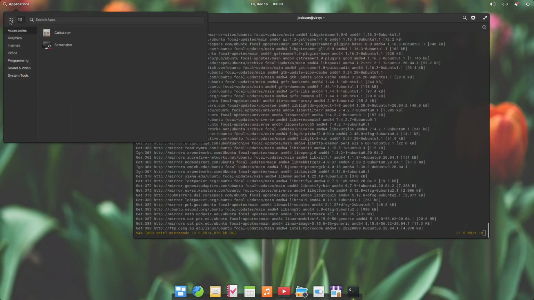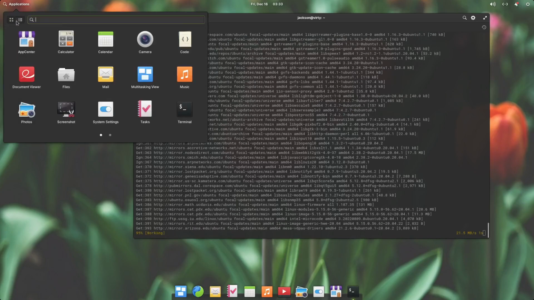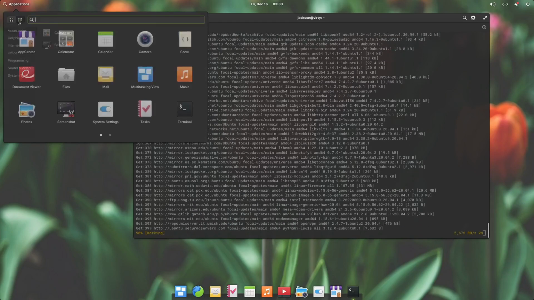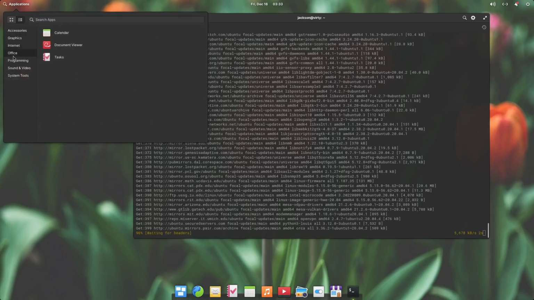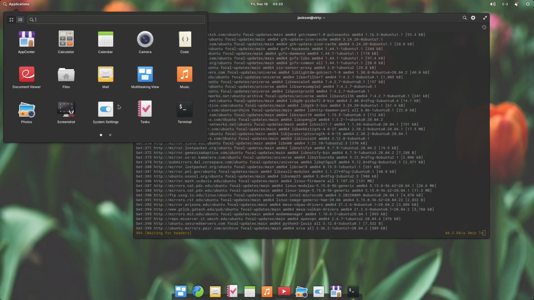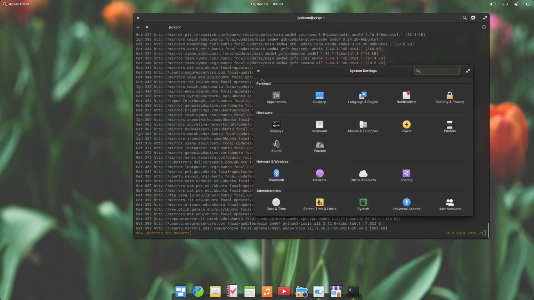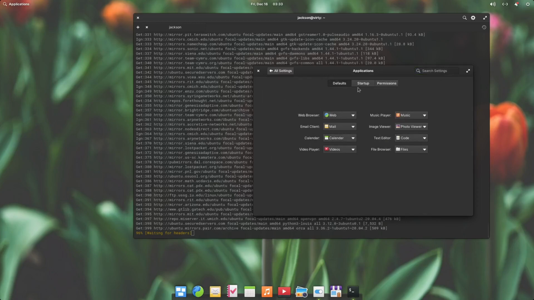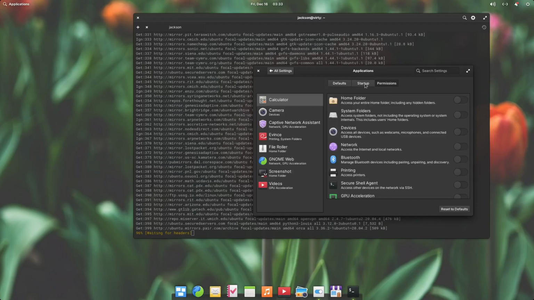Although you can press these buttons up here to change how this thing is laid out. So that's kind of cool. Actually, let's see what's in here. So you can change your app permissions.